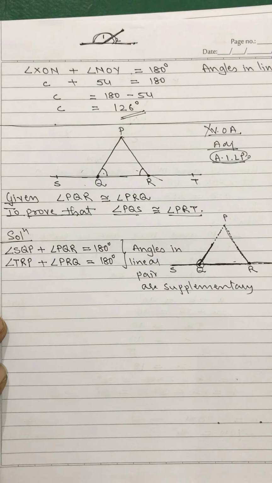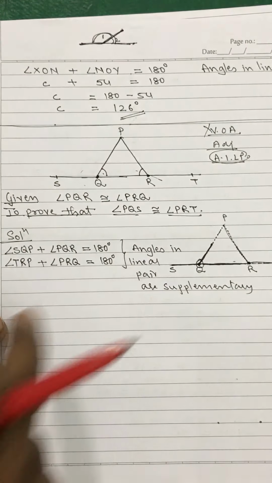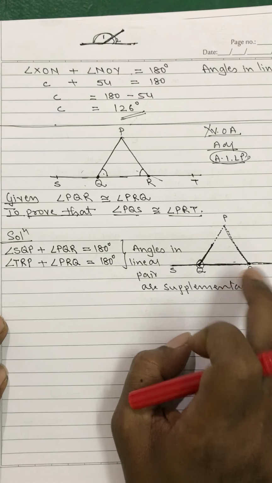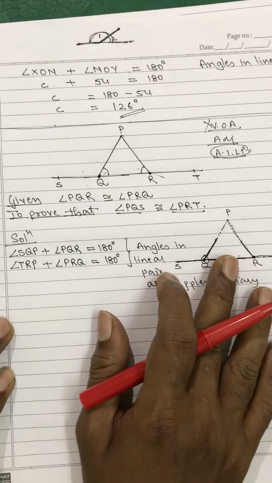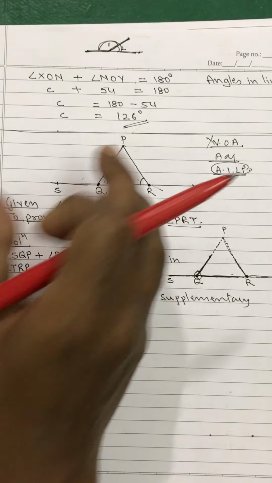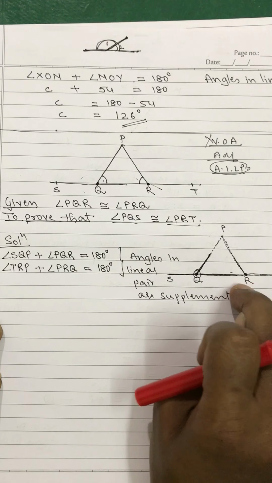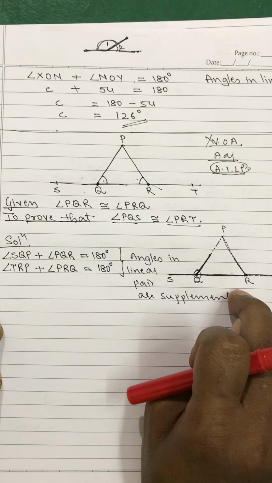And once you are mastering that, then just by looking at the figure you will be able to do it. But have the habit of writing this. Have the habit of drawing this figure. This will help you. In whole ninth you follow this. Even if you are able to understand what is happening, how it is happening, draw this figure. I want you all to draw this figure. If you really want to master geometry, follow what I am telling.